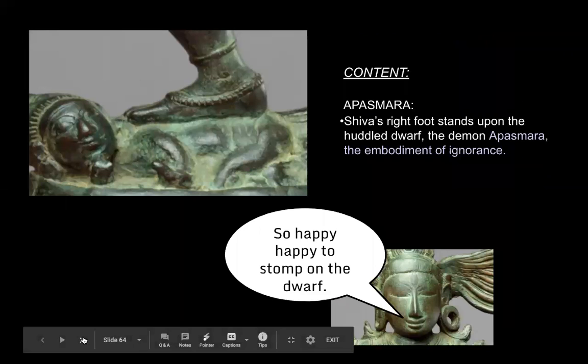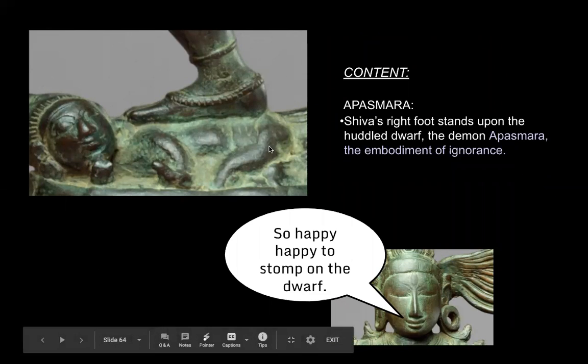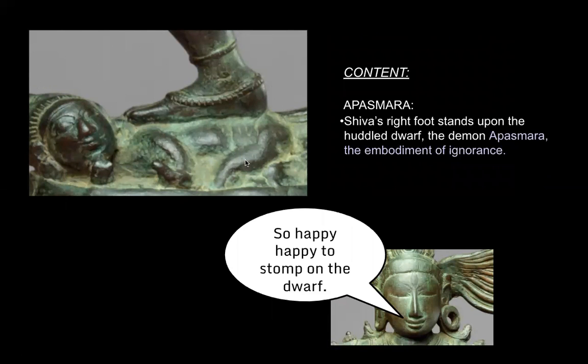And then at the very bottom, there's an apsara. And an apsara is an image of a dwarf. And so in part of the religious faith, these are seen as demon images. And so here Shiva stands over, he kind of pounces and stomps on this dwarf that symbolizes ignorance,